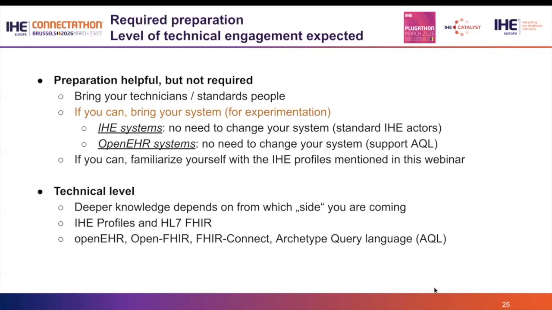So in terms of what you would need to prepare, or what level of technical engagement we would like to see, preparation is, of course, helpful, but for this Plugathon, it's not fully required. We have a practical part where we can do some experimentation with systems, but this is not mandatory. As they explained, this is more like a step before, so that we sit together